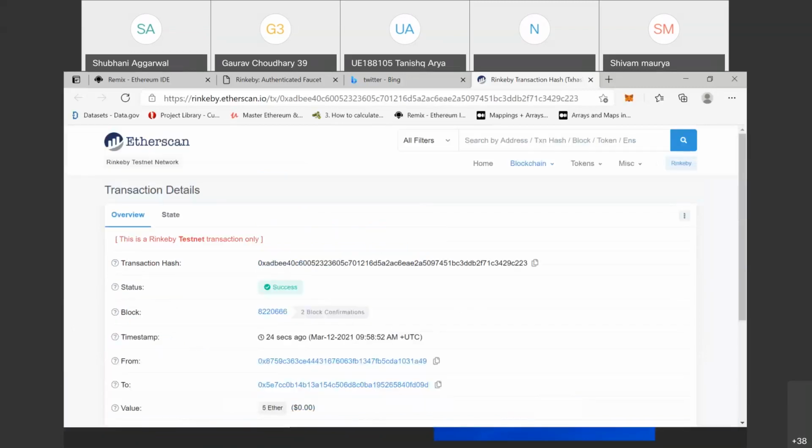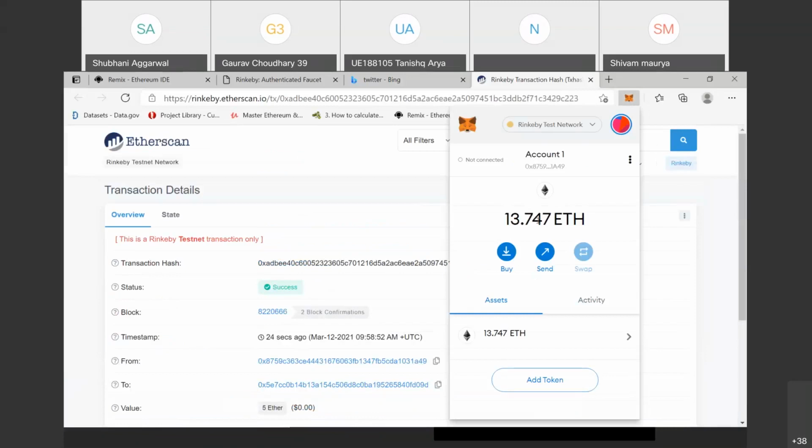Clear? So click on MetaMask. You see that account 1 has 13.747 ethers and your account 2 has 5 ethers. Similarly,